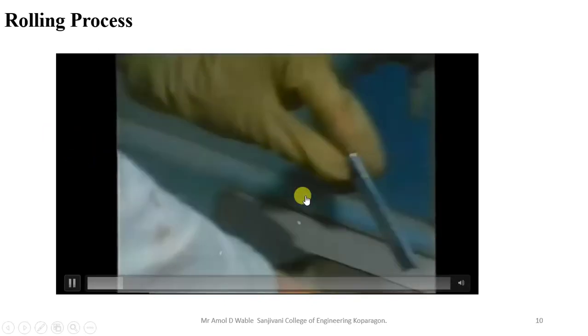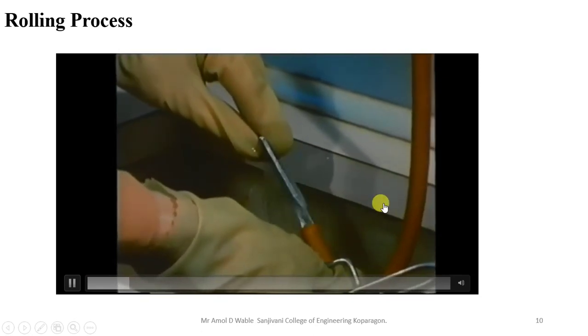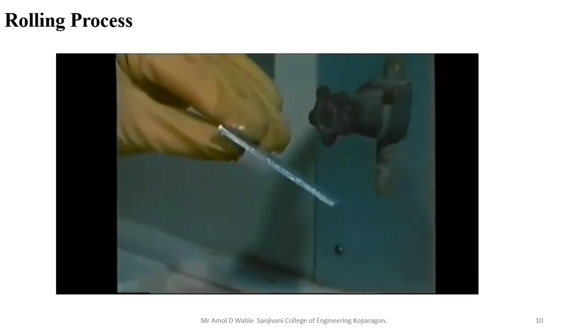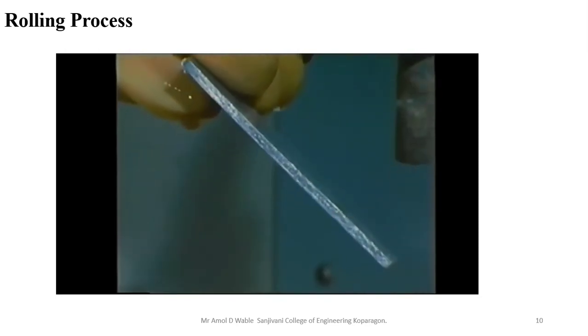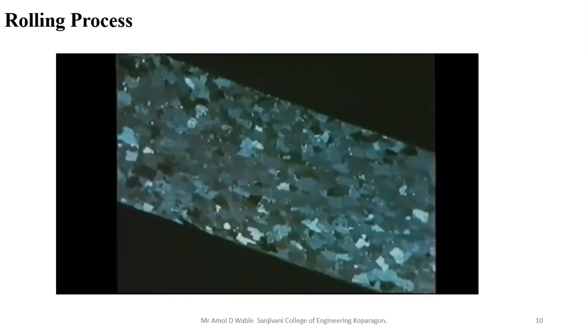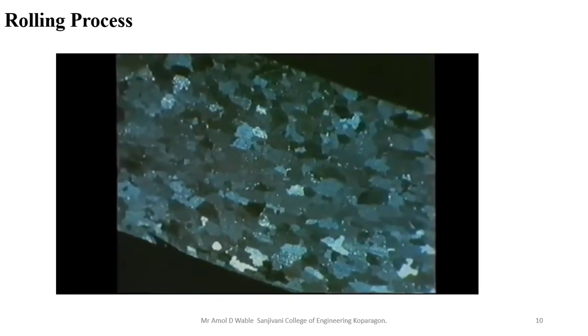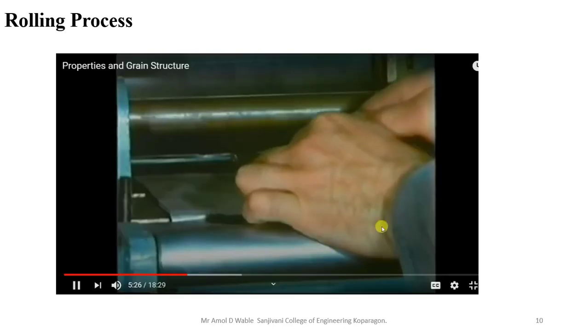So here you can see the etching process is done, and the microstructure along the thickness is observed, how it forms during the cold working. So the process which you have seen was the cold working process, and the microstructure due to the cold working will be observed in this manner. So these are the grain sizes, it will be equiaxed.